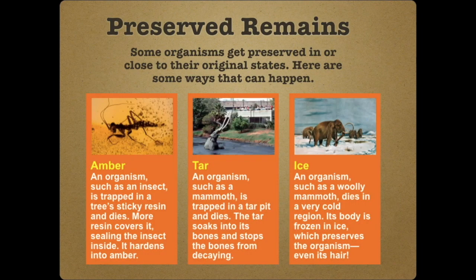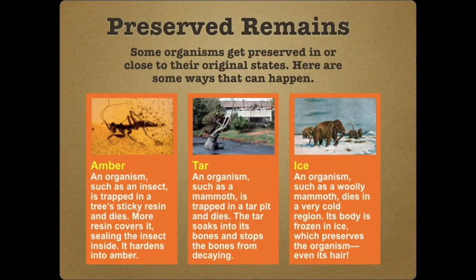There are three ways in which we can have preserved remains of once living organisms without it turning into an actual mineral fossil. We can actually have flesh or fur. These things can be solidified and saved, and they can preserve DNA. One is amber. Amber is actually tree sap that is fossilized. If the tree sap landed on an insect and trapped the insect inside, and then that amber fossilized, basically